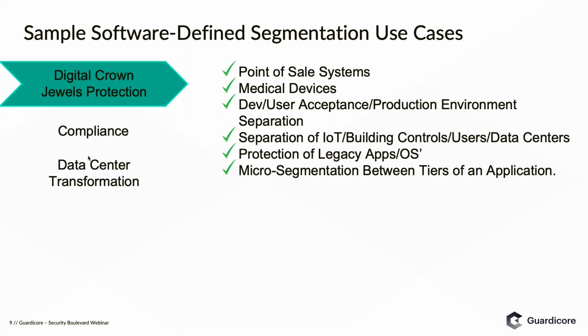We have things like Internet of Things, like building controls, users, data centers, cameras. We have protection of legacy applications and operating systems. When I go out and see my enterprises, often I'm told we have Windows 2008 and Windows 2003. I know I should be off those platforms, but I still have them. So they're using software-defined segmentation as a way to protect these legacy apps, as well as microsegmentation between the tiers